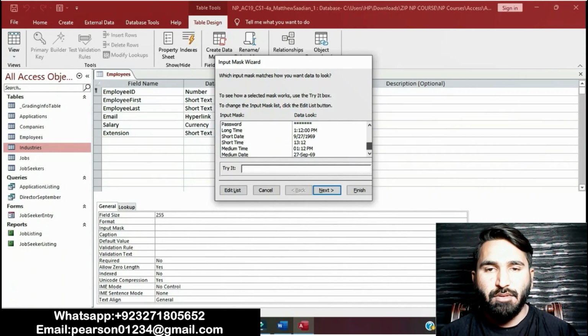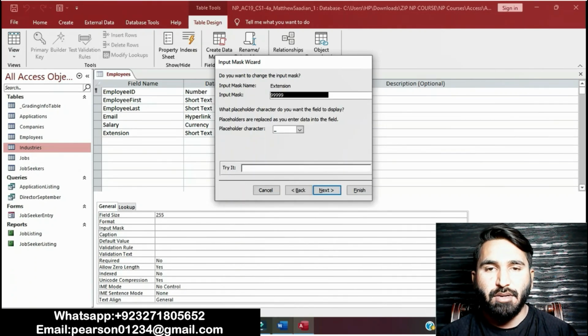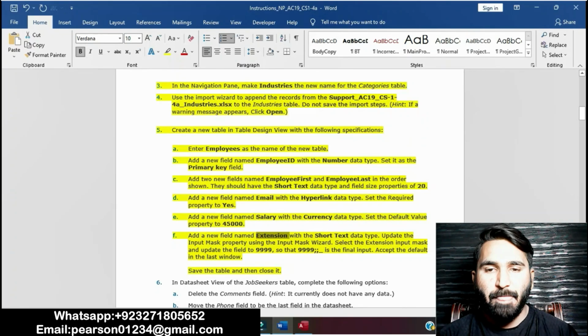Scroll down till 1999, extension 63325. Next, for the input mask, accept the default in the last window.